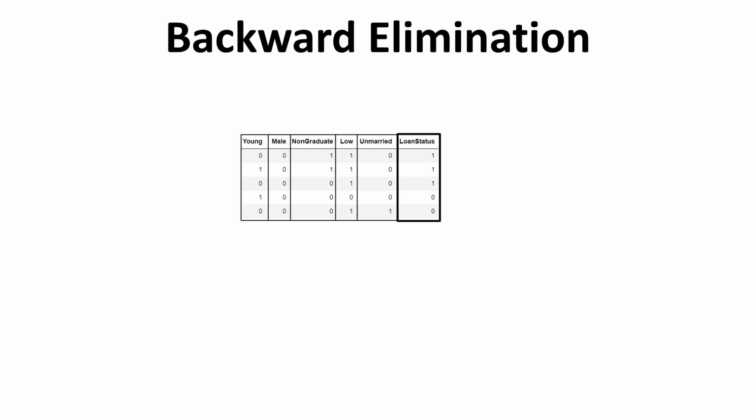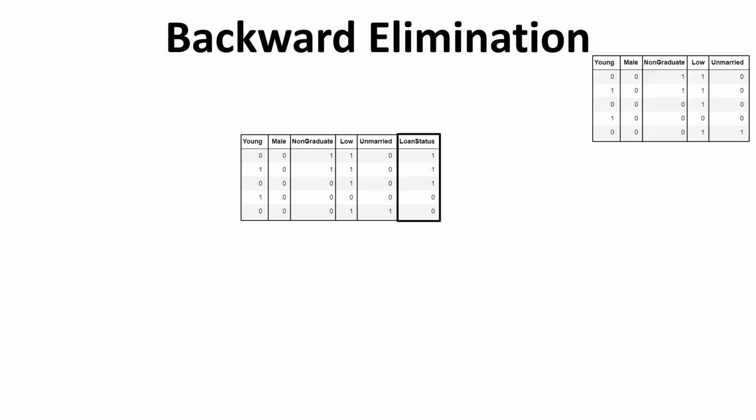As opposed to that, in backward elimination, we start with the whole set of features. In forward selection, we started with one feature. In backward elimination, we start with the whole set of features that we have in our data set. For example, here you can see we have 5 independent features and one dependent or target feature. Now, when we train the first model, we train it with the whole set of 5 independent features,